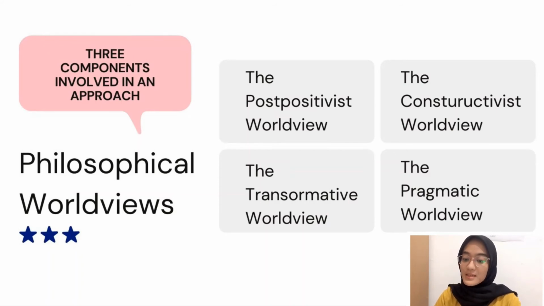The research in the transformative worldview links political and social action to these inquiries. Transformative research uses a program theory of beliefs about how a program works and why the problems of oppression, domination, and power relationships exist. The pragmatic worldview. There are many forms of this philosophy, but for many, pragmatism as a worldview arises out of actions, situations, and consequences rather than antecedent conditions.